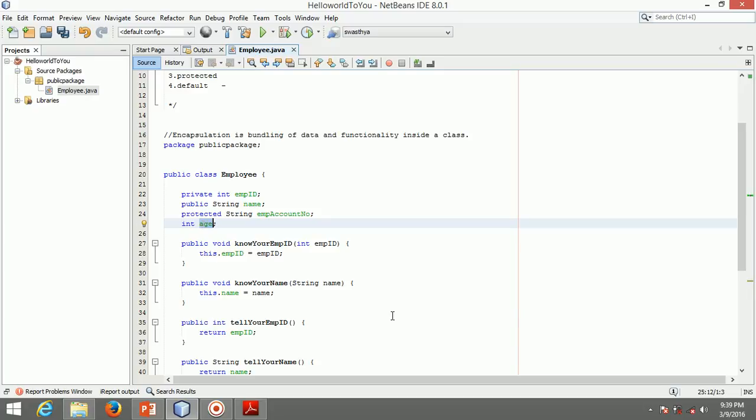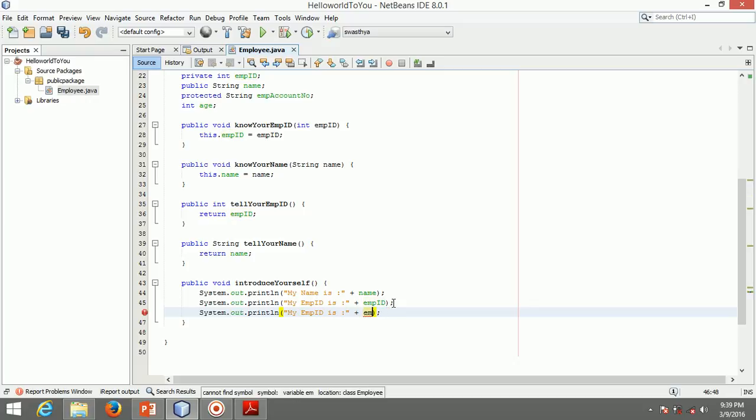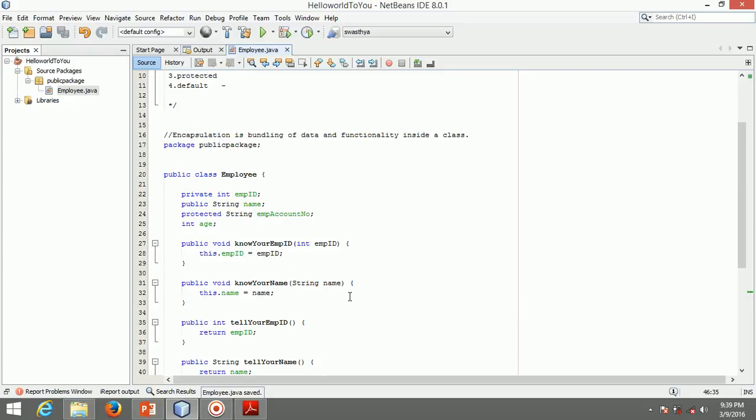His name I can add, so that when I invoke the functionality introduce yourself, it is going to print the name, employee ID and age.